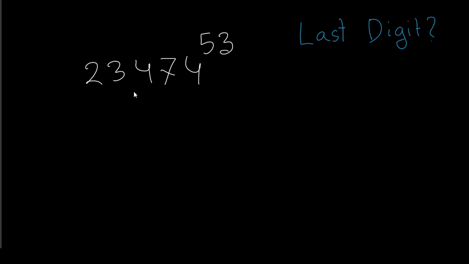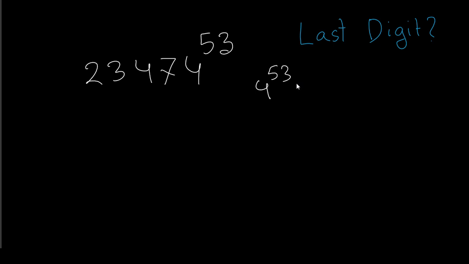Here we have a large number which is 23474 to the power 53. My question is, what's the last digit of this number? So for getting the last digit of this number, we don't need to work with this whole number. Instead of working with this whole number, if we just find the last digit of 4 to the power 53,